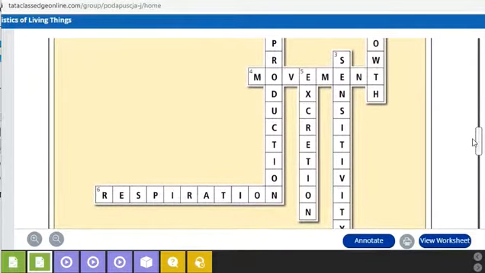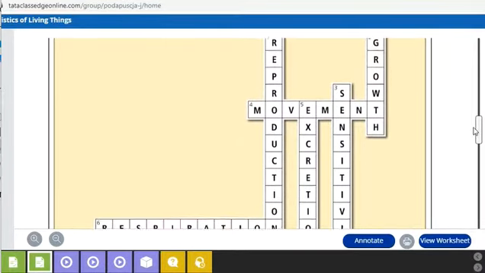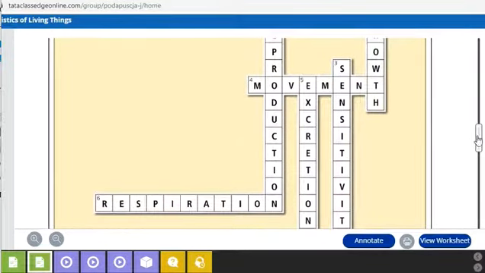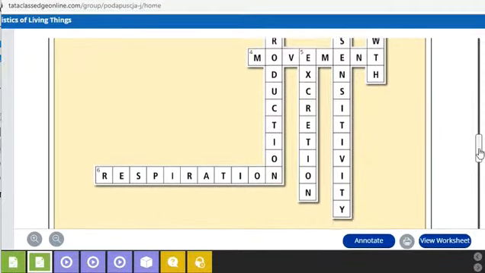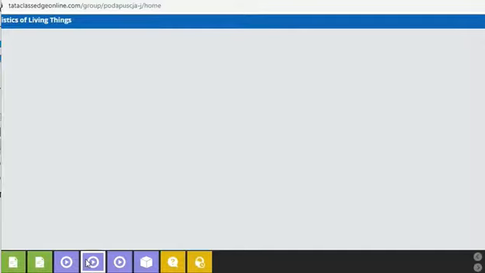So first you can see reproduction is mentioned, that is the process of giving birth. Next you can see the third, the sensitivity. In the second it is written growth. You can see the movement of the cursor going from one place to another, that is movement. Number fifth, you can see the removal of the waste from the body, that process is called excretion. And then breathing in and exhaling the waste from the body, that is respiration.